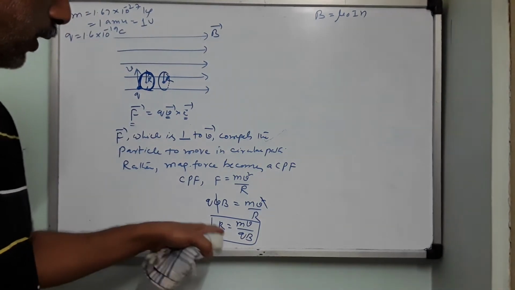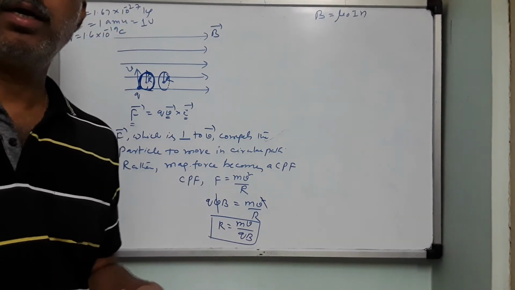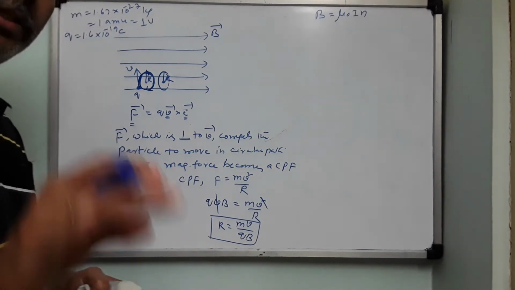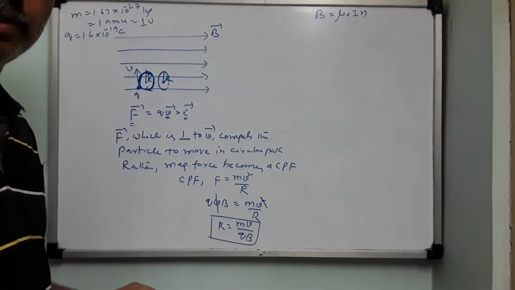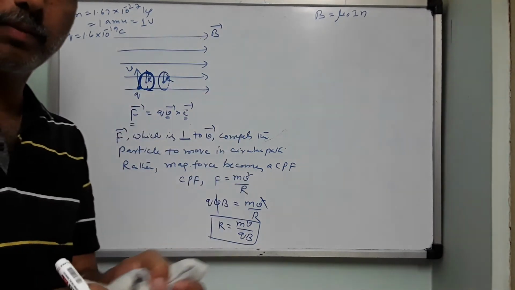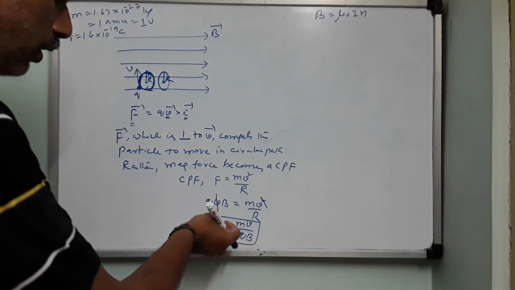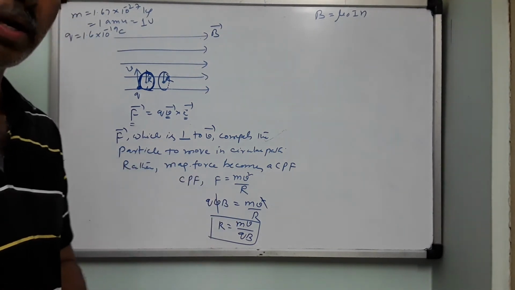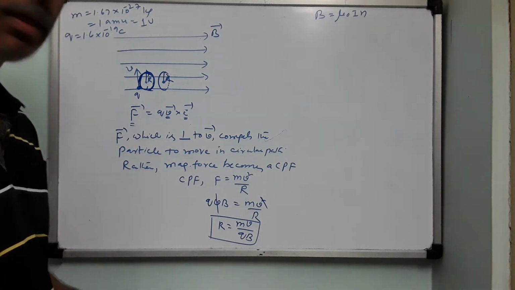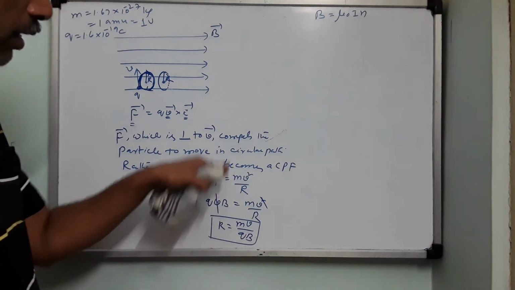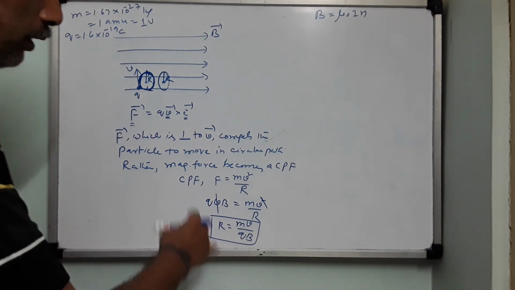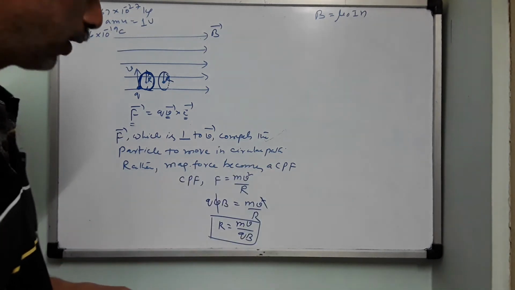Now based on this equation only, we have designed a particle accelerator named the cyclotron. Unfortunately children, this year cyclotron is deleted from the syllabus. It was one of the easiest questions where you could score 3 marks easily just by drawing a diagram, mentioning the principle and deriving this equation. Okay, no problem. But as such, cyclotron is deleted from the syllabus. You cannot forget all these things to study. No, you have to study all of them, because these equations have connectivity in the further topics.